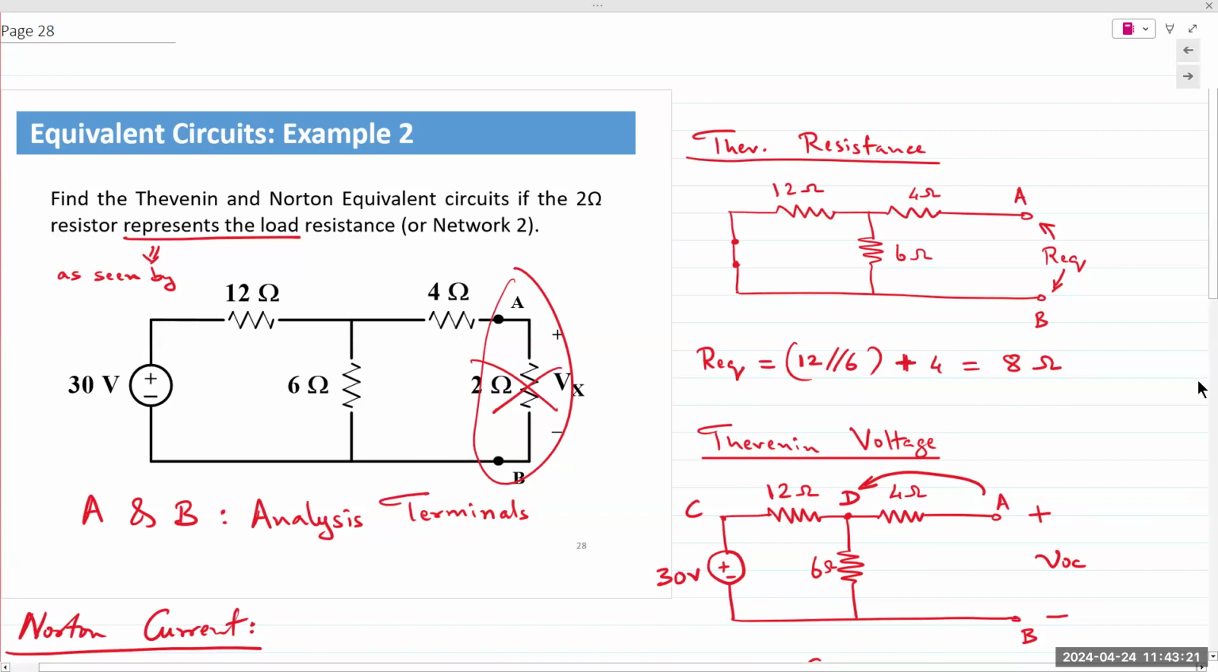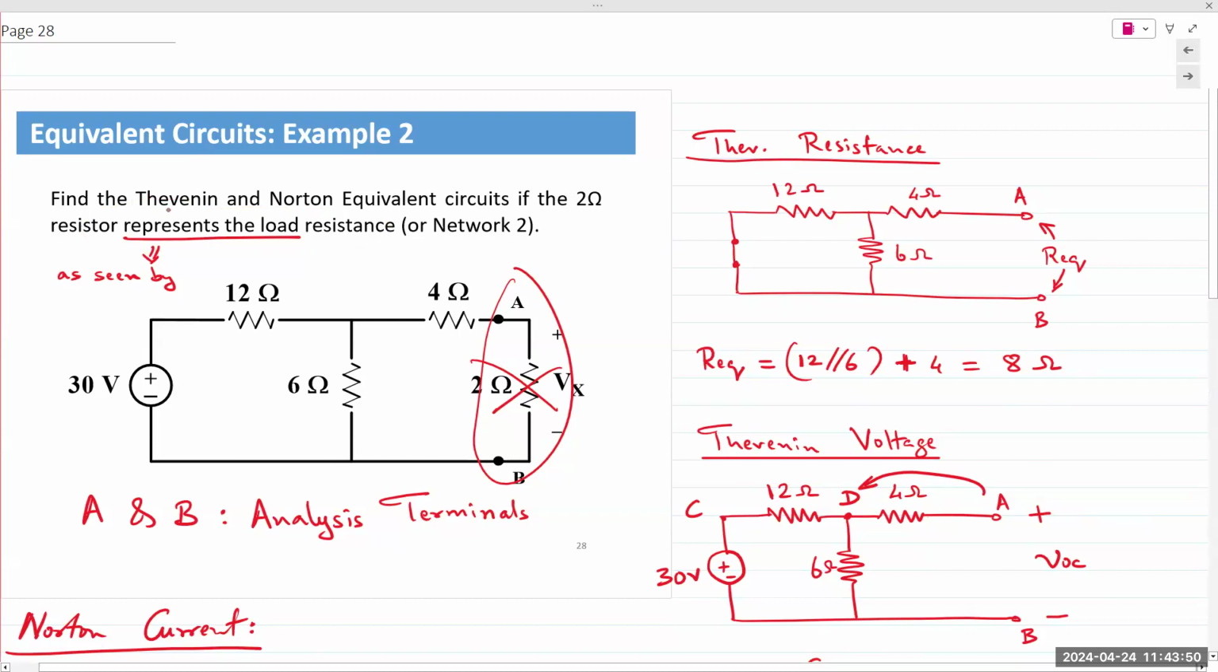Let me be clear about that. If the question states, determine the Thevenin and Norton equivalent circuits between terminals A and B, then you would simply analyze between A and B. You would not remove any component from your analysis. Is that clear to everyone? Right? We remove the component 2 ohms because of the phrase load resistance,